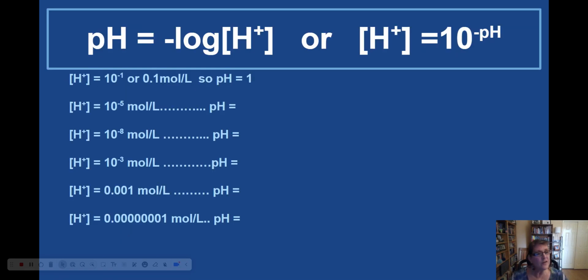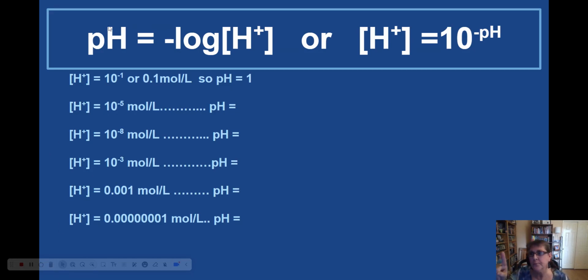All right, where does pH come from? Well, it's actually a logarithmic measurement. Don't worry, we're not going to do log calculations. Let me show you how this works. pH is the negative log of the concentration of H+. So pH equals negative log of H+ concentration. Let's rearrange that, and we can get H+ equals 10 to the power of negative pH. So when we write it that way, pH is the exponent.